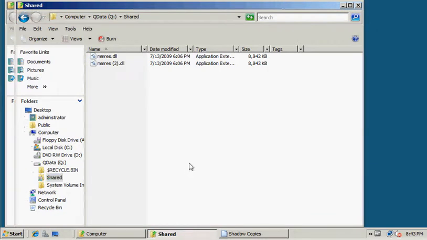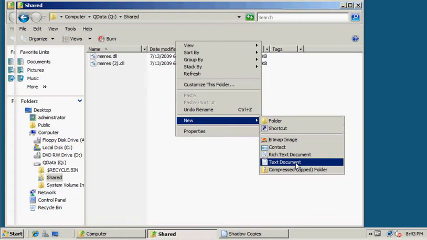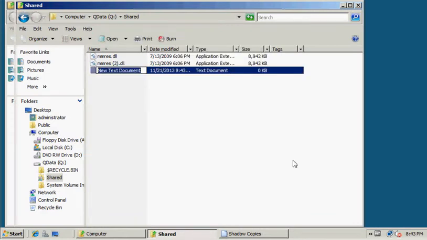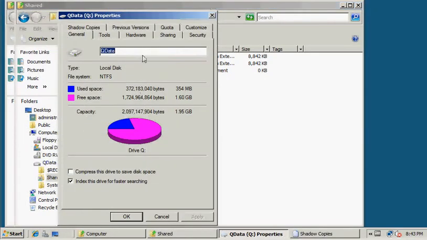And then in that shared folder we are going to do a new text document. So then let's go back into our properties, go to shadow copies again,